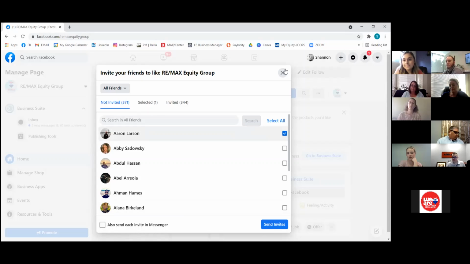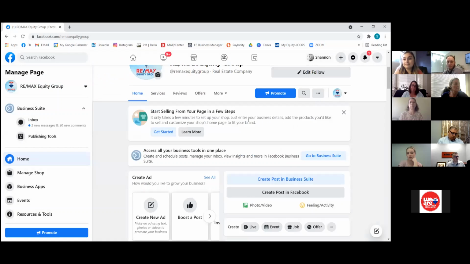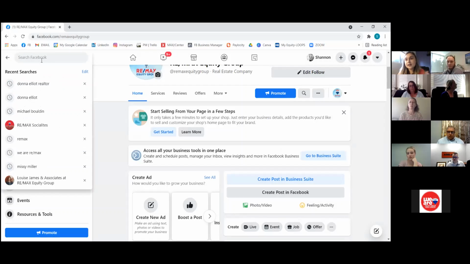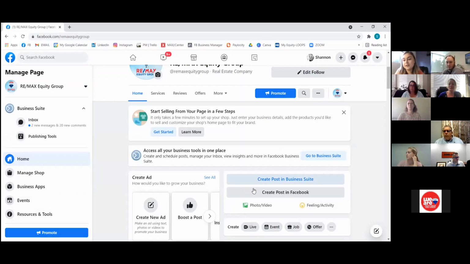Okay. And then I suppose I could jump ahead of that and just go to my business page and send the invites, but instead of them being in my personal page, I would have to search them by name on Facebook. Yeah, you would search them by name, and same with a local contractor or something like that. You would actually just have to search them by name. Okay, great. And then you would go into that 3-dot ellipses. The little 3-dot ellipses is hidden on every page and every post, but it's kind of like the epicenter of where everything is in terms of that button.